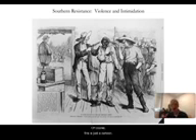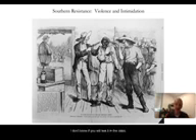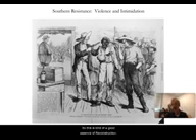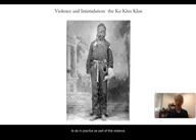Of course, this is just a cartoon, but here we've got a black man intending to vote. With those pistols to his head, it's very unlikely he's going to vote the way he wants to vote. We can assume he wants to vote Republican. That was the party of African Americans at that time. And if you look, I don't know if you'll be able to see it in the video, but the caption says, "Of course he wants to vote the Democratic ticket." So this is kind of a good essence of Reconstruction. We have the legal ability of a black man to vote, thanks to the 15th Amendment, but the reality of violent resistance making that hard to do in practice.